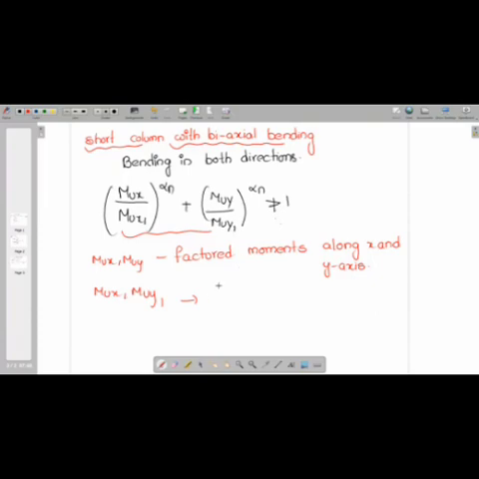MUX1 and MUY1 are the moment capacities. Moment capacity of the column along